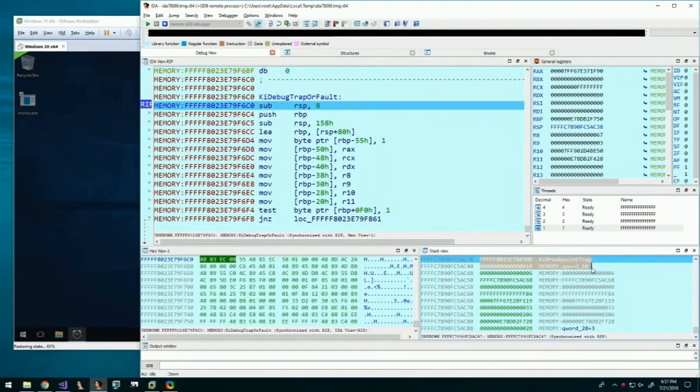You see KiBreakpointTrap is on top of the stack. If you remember my explanation of how the CPU reacts when an interrupt fires, it puts the previous state of the processor on top of the call stack at the point of the exception. So KiBreakpointTrap is apparently the cause of the int1 exception, which is great because that means it's coming from kernel mode.